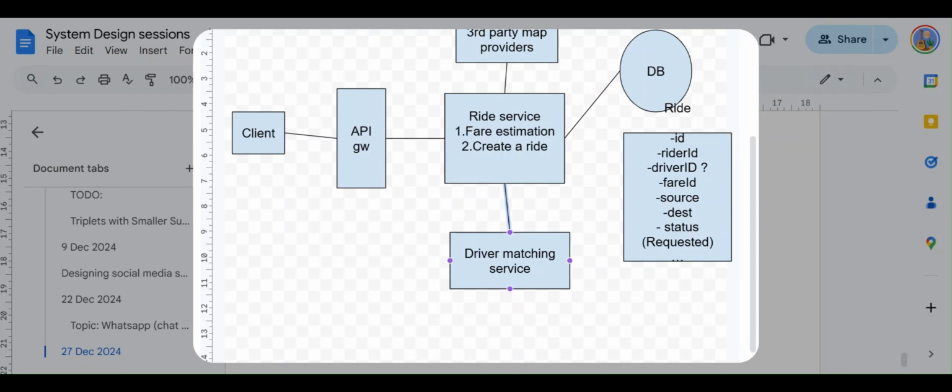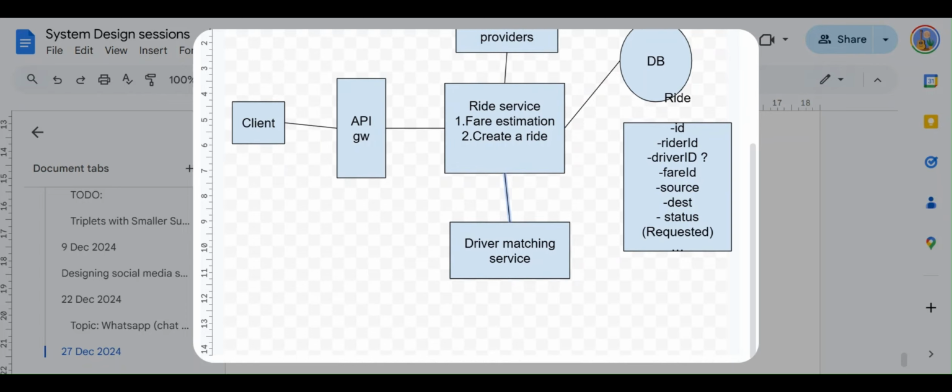Then it will have a couple of retries as well, because we will be sending the request to, let's say, a queue of drivers. So we'll send a request to the very first driver and see if he accepts. If he does not accept, then we'll have to send a request to another driver, and so on. So the idea is that we want to keep it decoupled from the write service. The write service is just going to handle the new requests coming from the multiple clients, all the people who are requesting a ride. And the driver matching service handles the matching criteria, finding the nearest driver with respect to the incoming ride.